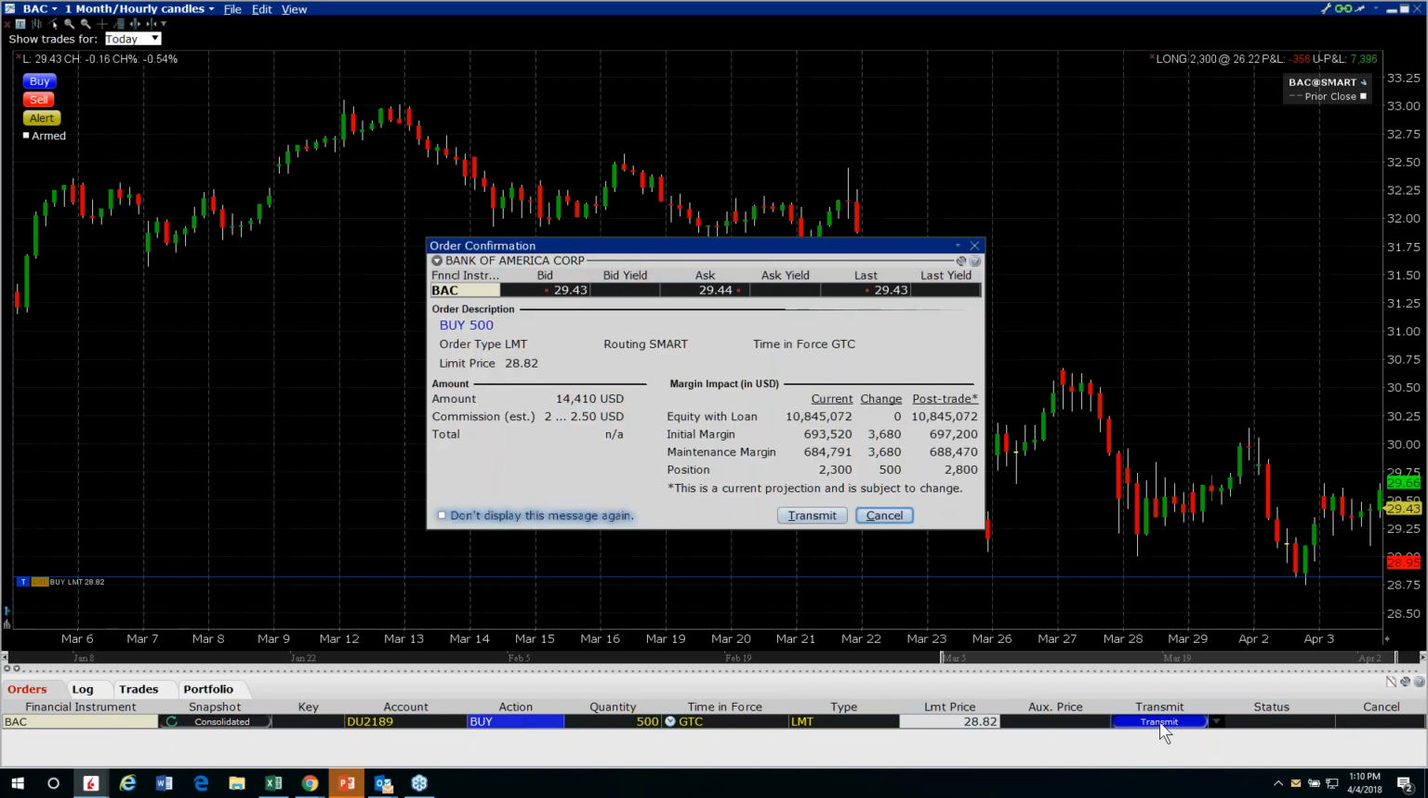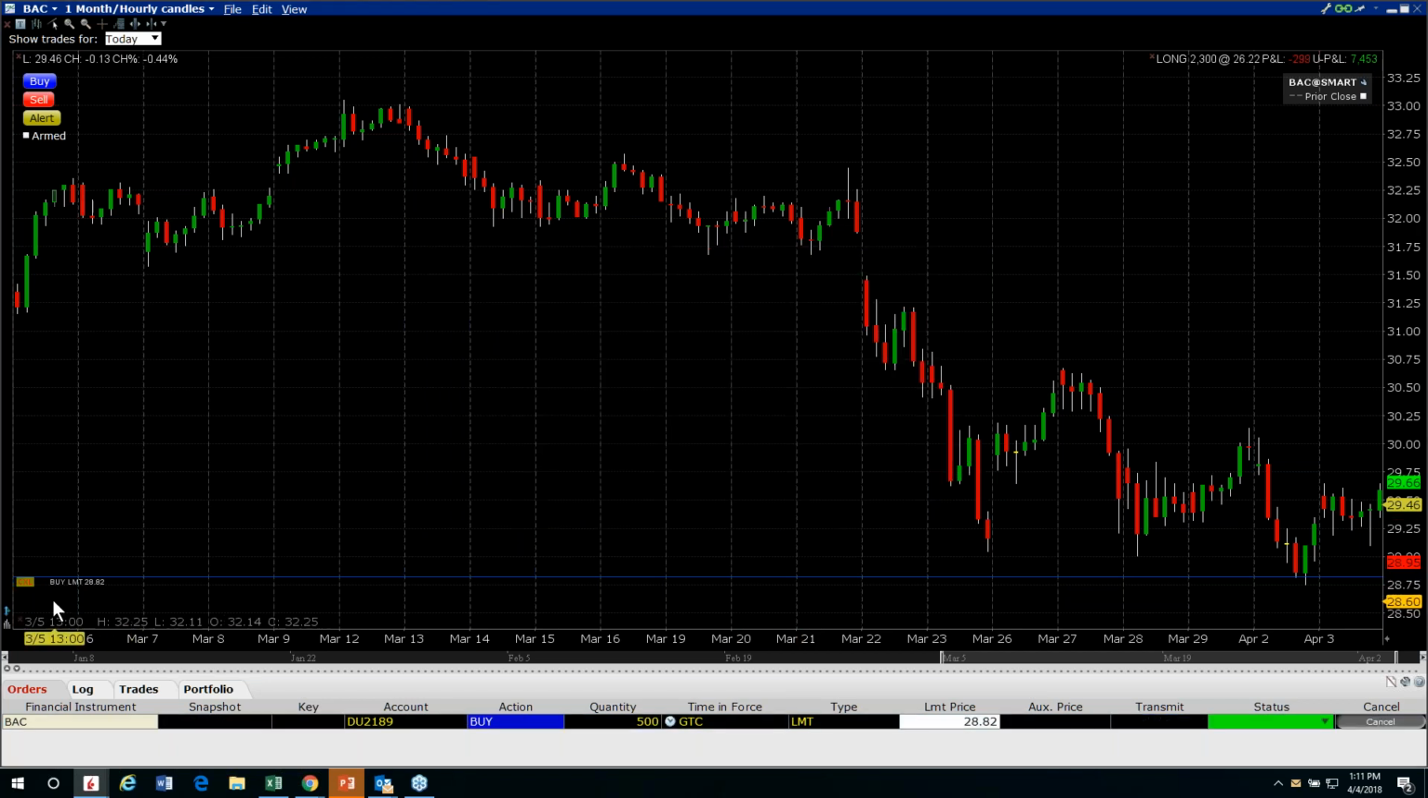Now, when you do go to transmit that trade with your order confirmation activated, you'll see a recap of the order you're about to place. Buying 500 shares. My order type is a limit order. My limit price is set and time in force is good till cancel. The amount of the trade is listed, and you'll also see your margin impact. Current margin requirements are included here, what the change will be should this trade actually be filled, and then post-trade what those same requirements are. Now, if all of this is acceptable, you can choose to transmit this trade, and notice how it then activates,